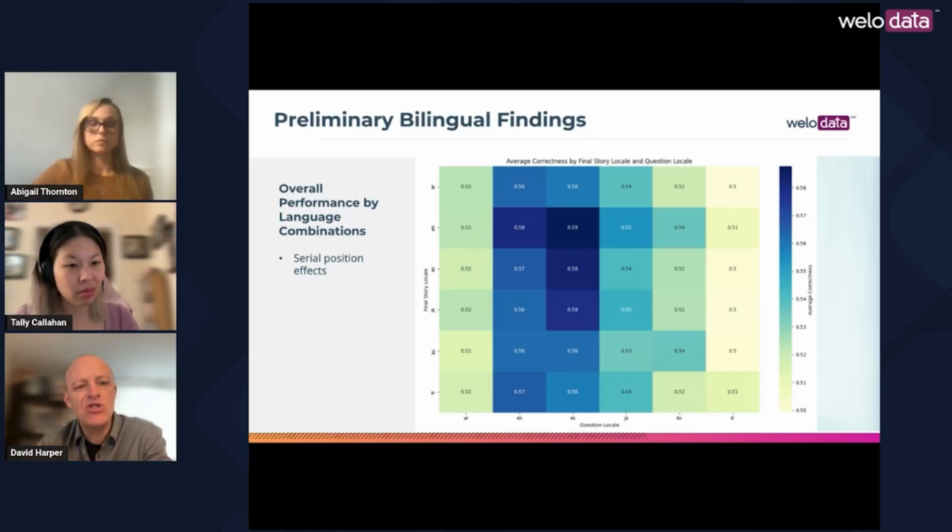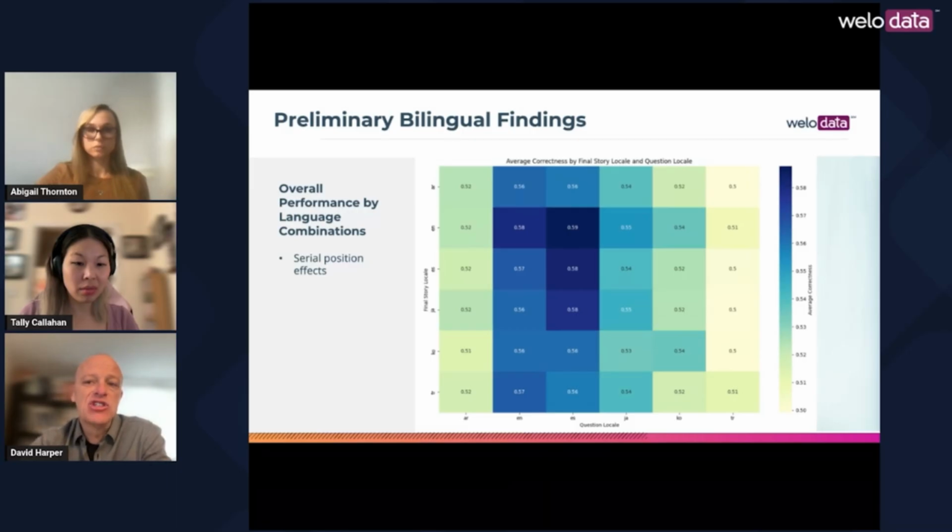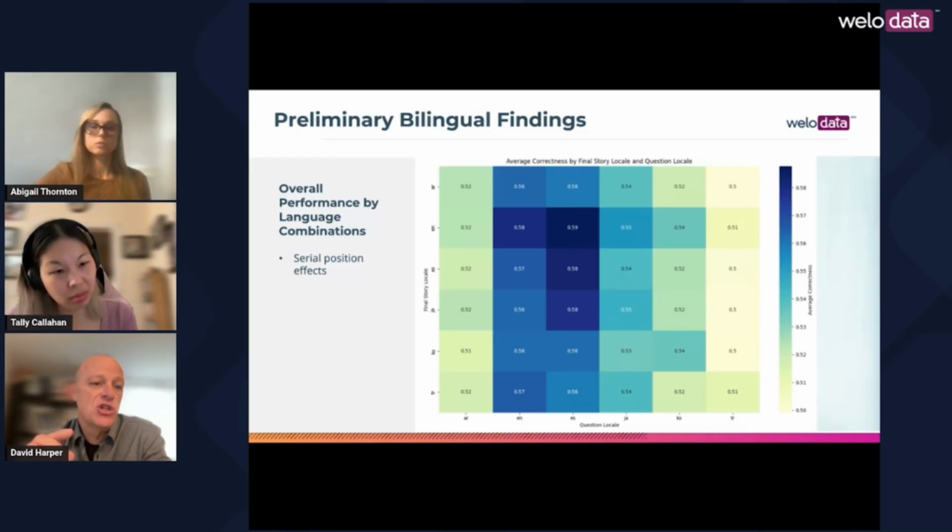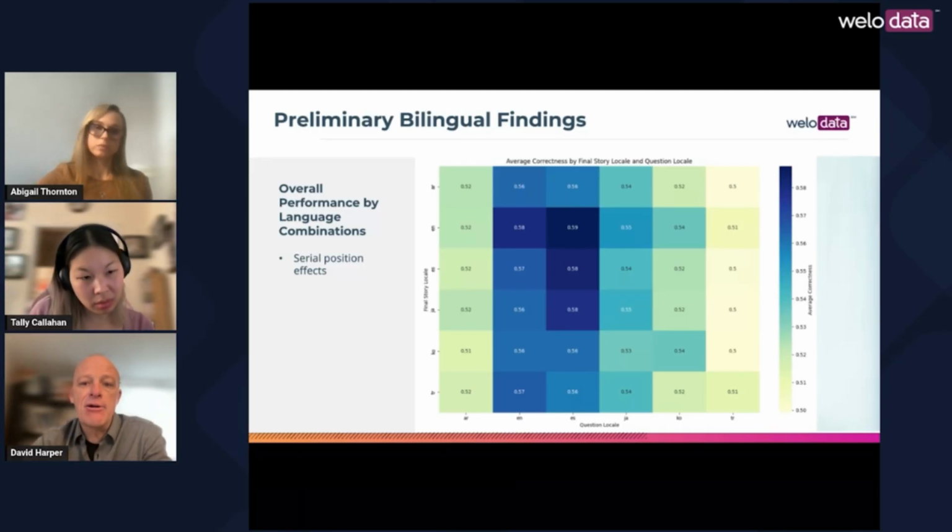Arabic. So now tying this back to differences in accuracy by language that we discussed before, we saw earlier in our monolingual results that English and Spanish perform better. So we see that here also, but especially when the question, that last element in the prompt sequence, is asked in those languages. So this suggests to us that the order of the language matters in your prompt. So if you have a high-performing language as the last language in your sequence, your accuracy seems to be higher.